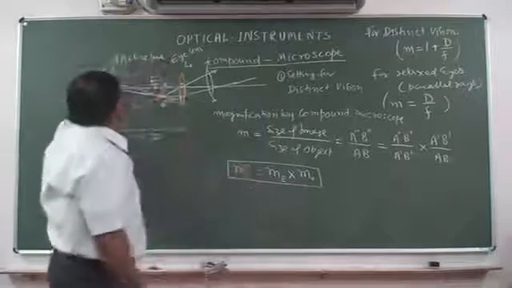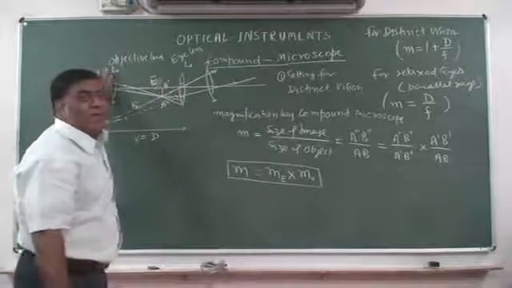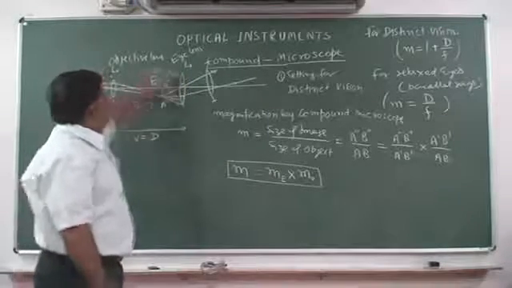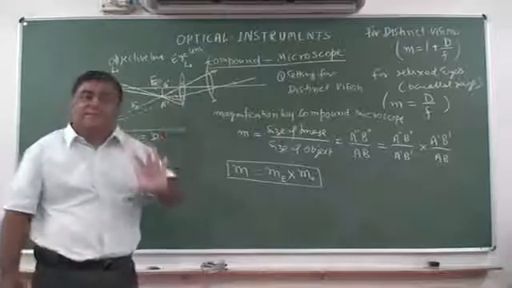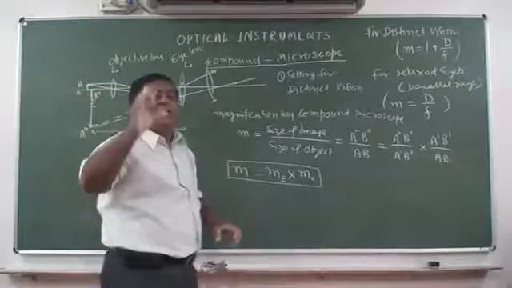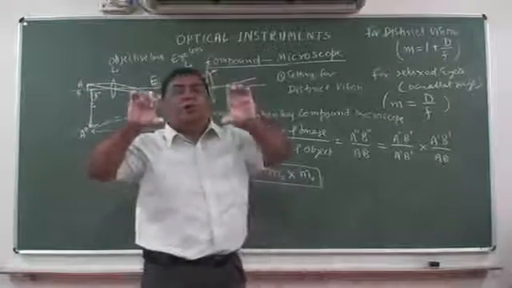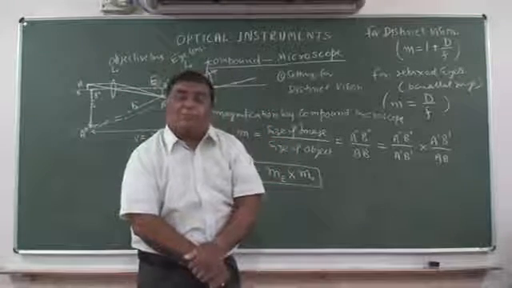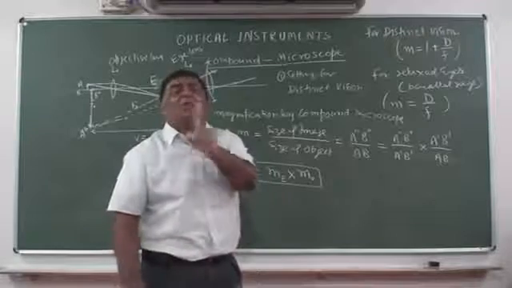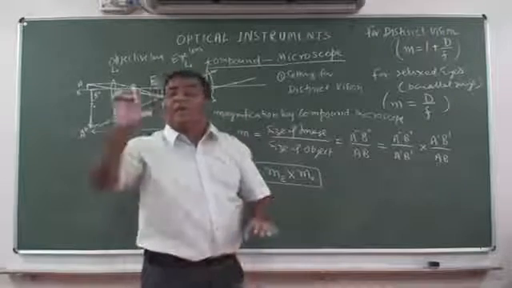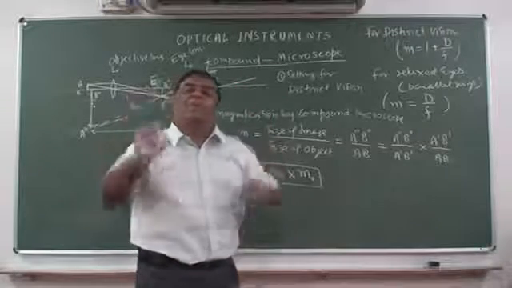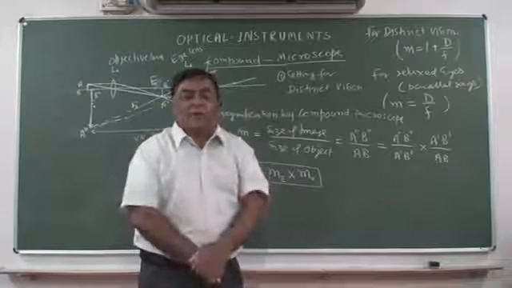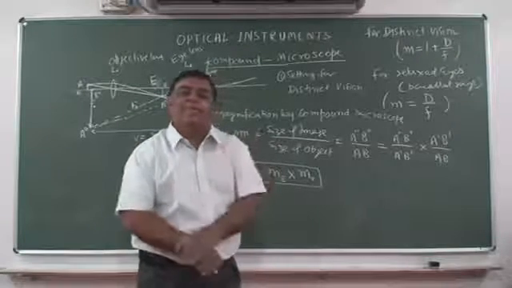मान लीजिए इस लेंस का मैग्निफिकेशन पावर है 2, इसका मैग्निफिकेशन पावर है 3. दोनों को हमने रखा, इसका मैग्निफिकेशन 2 और इसका 3. बताइए कुल मिला के मैग्निफिकेशन कितना होगा? आपको सोचना पड़ेगा कि कौन सा ऑपरेशन करें. इसका 2 इसका 3 दोनों मिला के 5. 2 + 3 5. ओके, लेकिन वो गलत है.